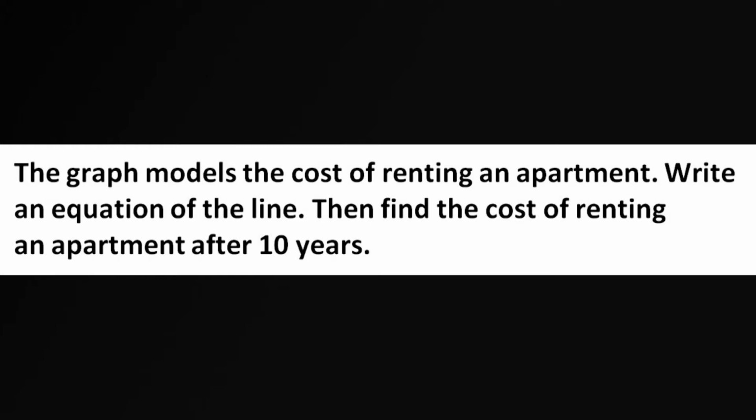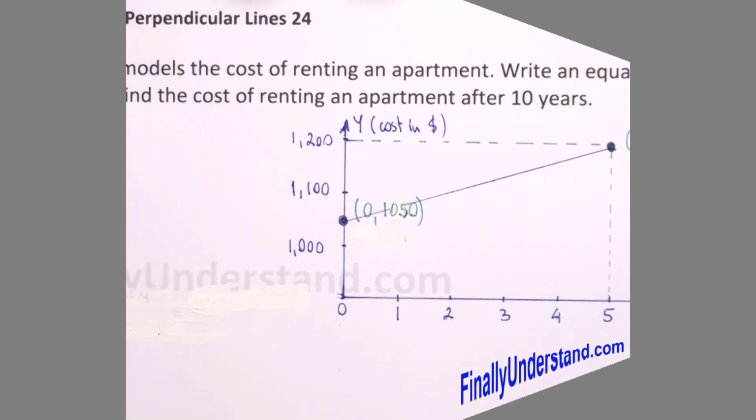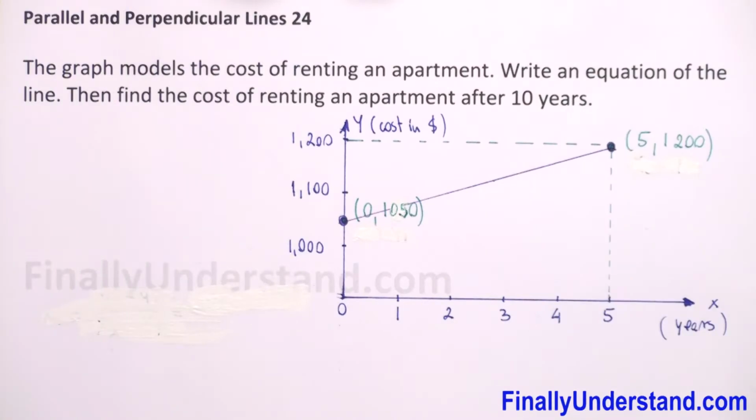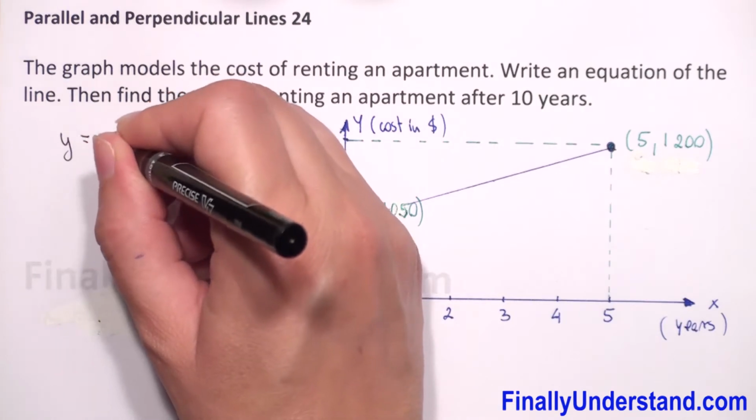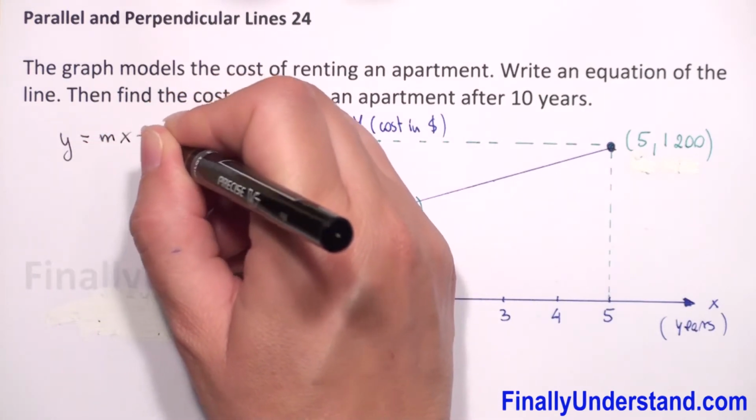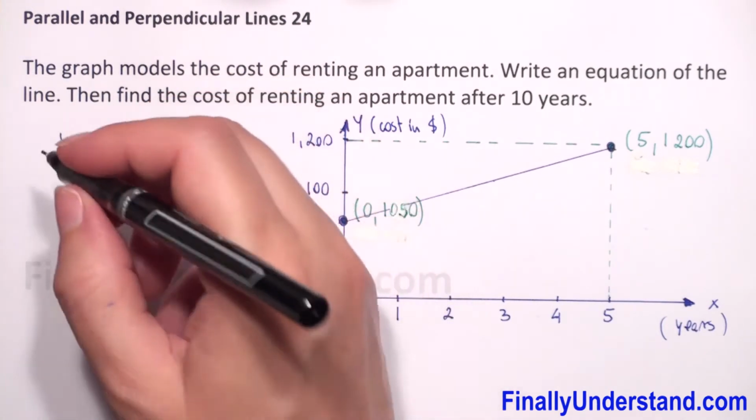We have given a graph that models the cost of renting an apartment. Write an equation of the line, then find the cost of renting an apartment after 10 years. To write the equation, we will use the slope-intercept form: y is equal to mx plus b, where m is the slope